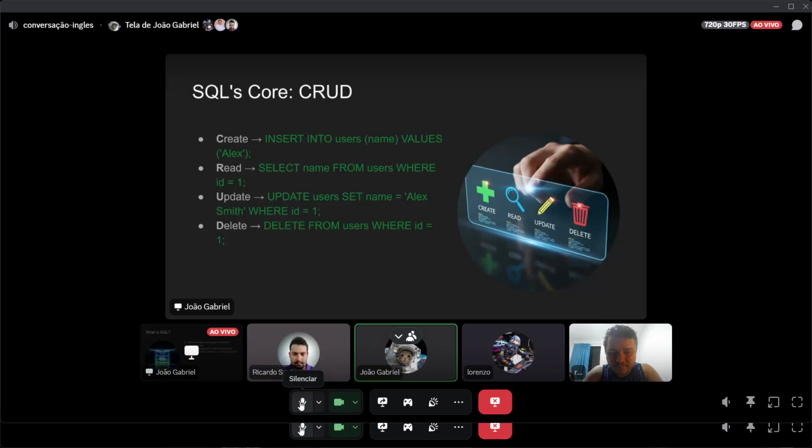So, continuing, there is the delete command, as we were talking about: the delete keyword, from, pointing to the table, and the where condition. It's used for deleting data. Please, once again, use the where condition and, if possible, envelop it in a transaction. It's not recommended to use delete without conditions. Never do it.